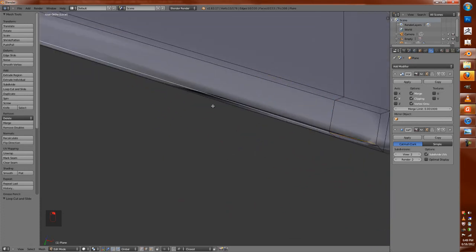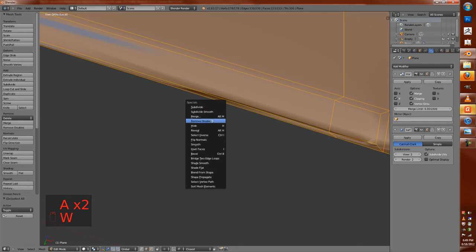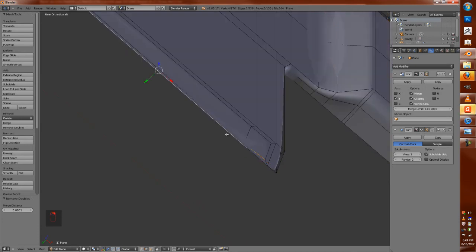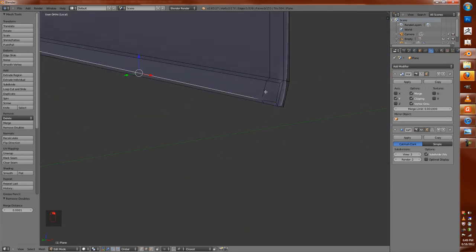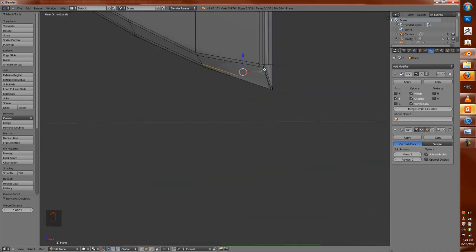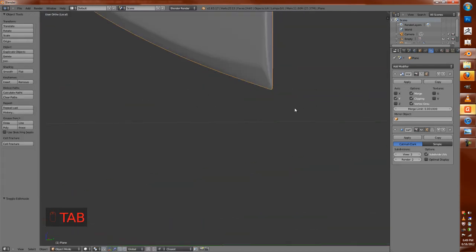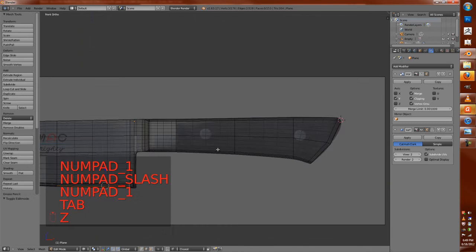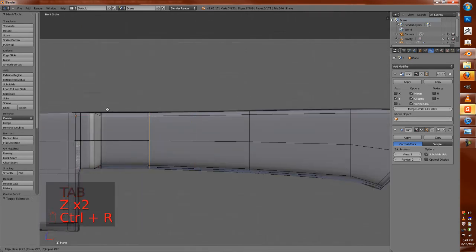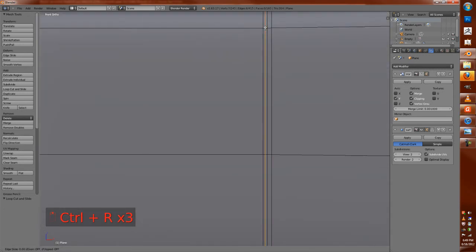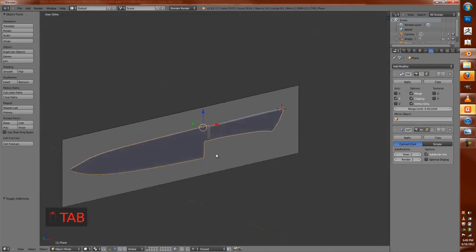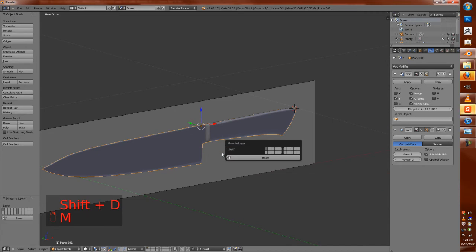Holy mackerel, why is it getting so complicated? Alright, remove doubles, turn off the mirror. Alright, that's it. We'll just call it quits on the knife for now. We could go in and start sculpting and all that, but that's a little bit more than what I'm wanting to do. I'm also just going to put a loop in here and bring that crease in, and that should give me that. So I'm going to move that to layer 2,